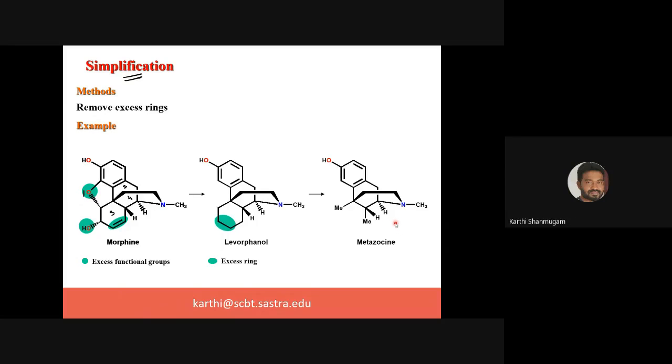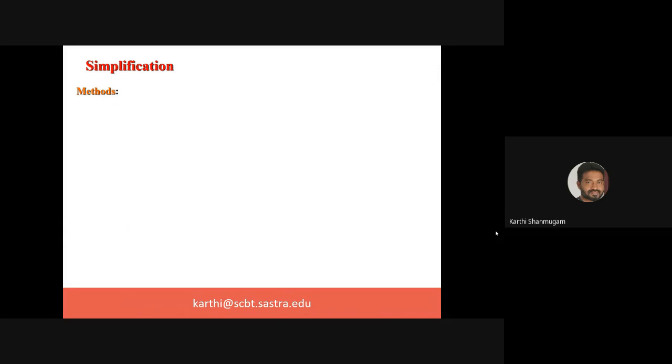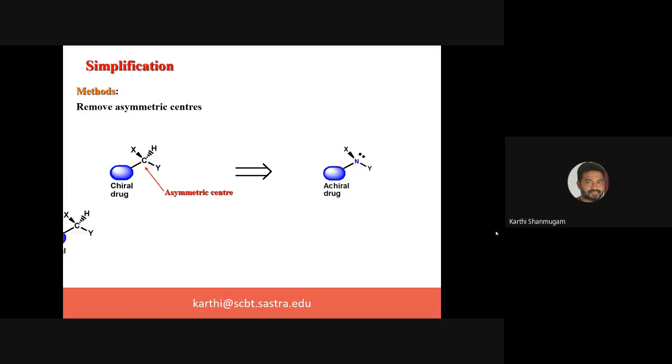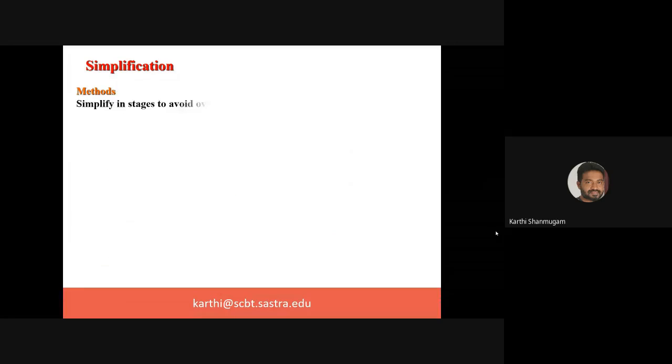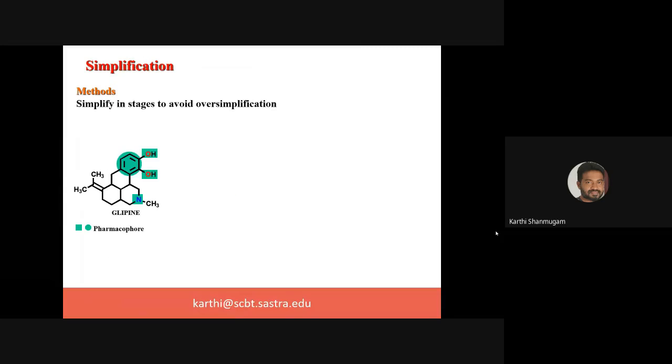Yes, sir. Okay, this procedure is what is called simplification. Basically, we do this simplification to make the molecule easily synthesizable in normal wet lab conditions. Okay, I just want to skip a few things. This is another example of simplification. Whatever is highlighted in green color,